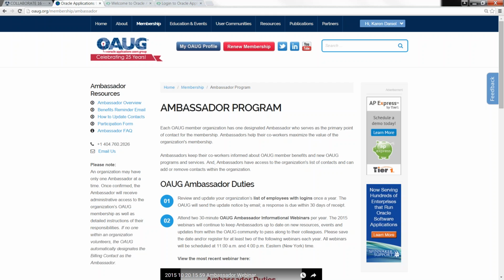When you go to register for Collaborate, you will type in the email address that is what you use for your profile. So when you log into the website to access your benefits, your username is your email address. Use the same one when you register for Collaborate, and you will be linked to your membership. That's how you'll get the member discount. So please do not create a new one for registration. That leads to problems. So if you aren't sure what to do, go to the OAUG website first, log in, and make sure you know which username and password you use. Then go register. Just to keep it clean, that's the best way to do it.